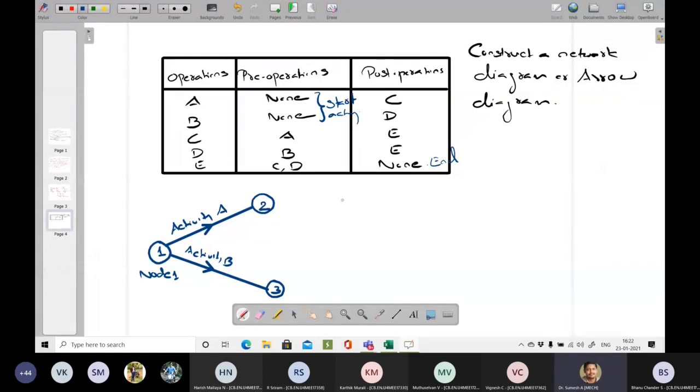Okay. Activity C. What is the pre-operation of activity C?